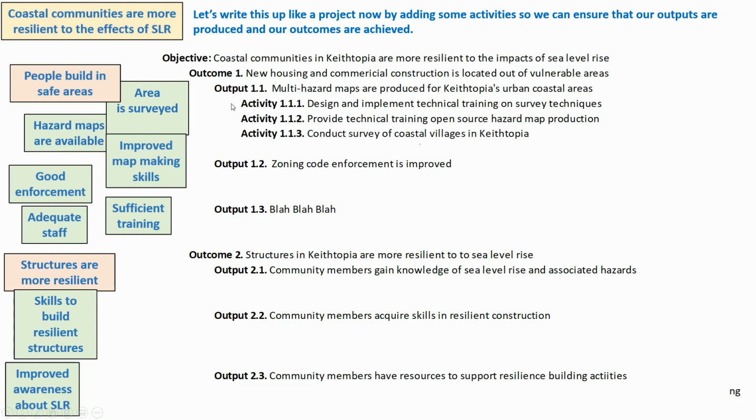Next, we're going to conduct a survey of coastal villages in Keytopia. Now remember, we've already designed and implemented a training on survey techniques, and this is where we're going to apply the survey. So we're going to send out teams and actually map out and take measurements in villages in Keytopia. And then lastly, we'll conduct dissemination and training workshops for community